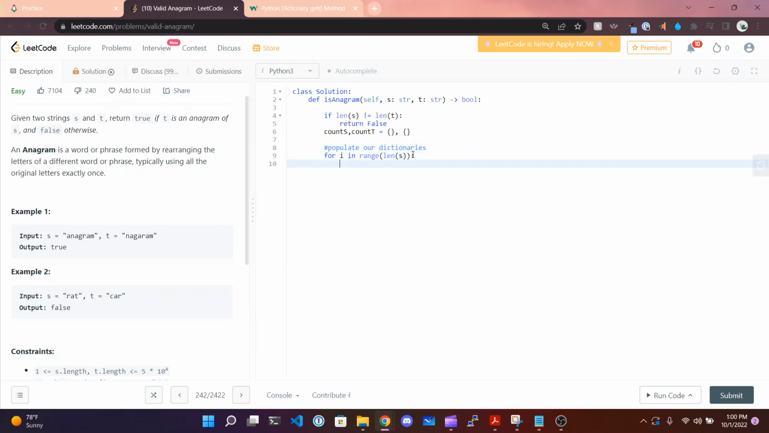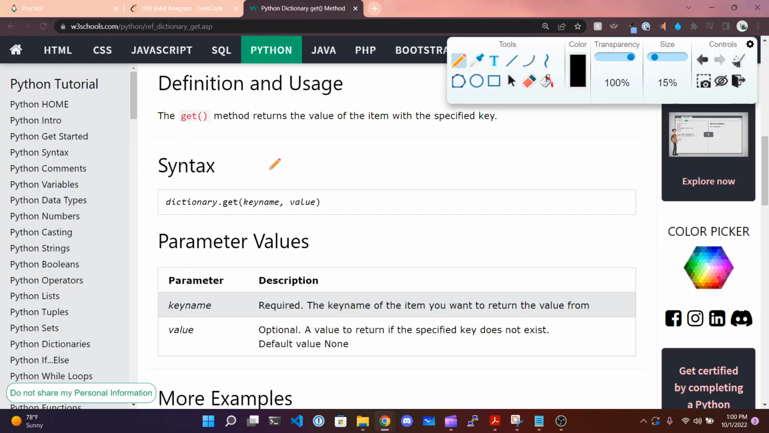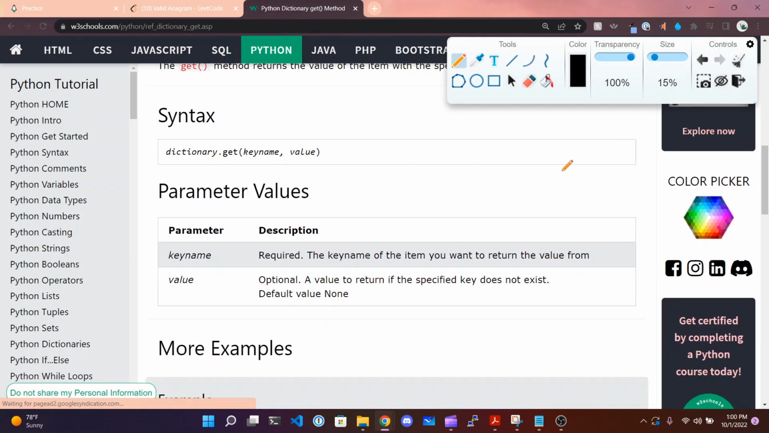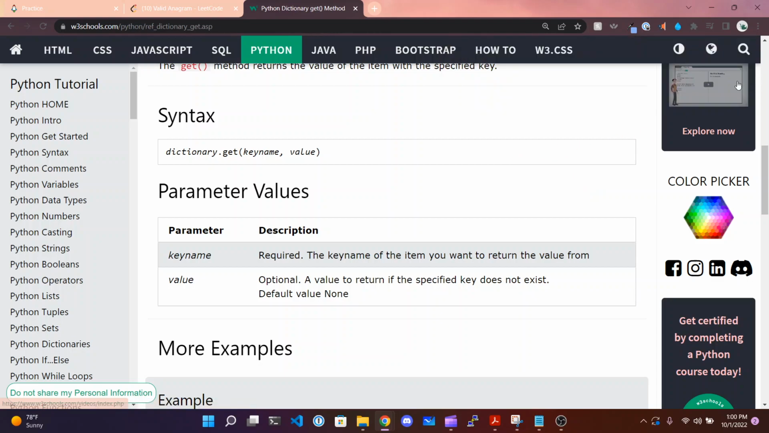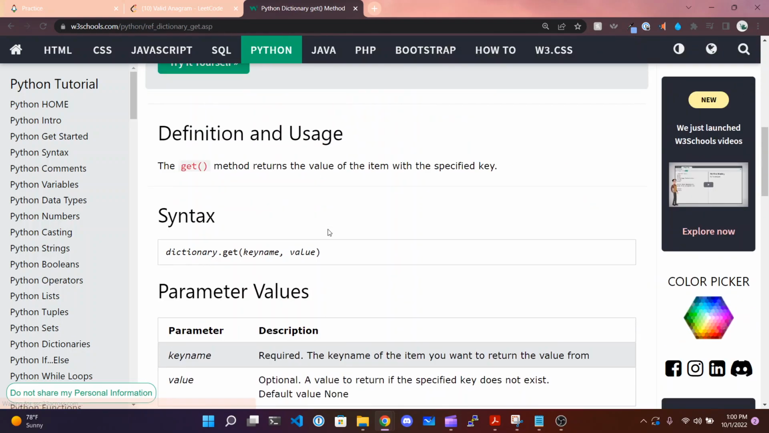Cool. So we're going to utilize this Python get function. Basically, this is a helper function that returns the value of a specified key. So you can use dictionary.get with the key name, and if that key name isn't found, then you can have a default value returned for you, so that your code doesn't error out. So if it doesn't exist, basically,